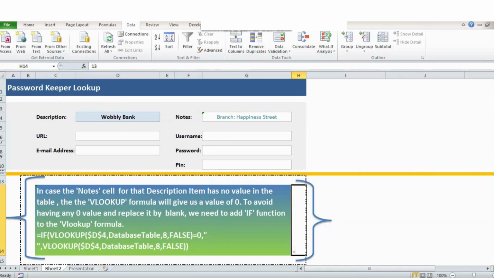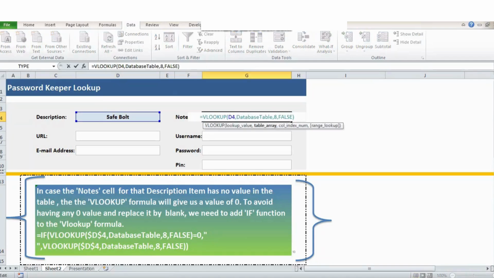Now the only challenge we can face is in case the notes cell for that description item has no value. For instance, if we choose save bolt, then we'll have it 0, and we need to replace this 0 by a blank. So to do this, it's better to add an IF function to the VLOOKUP formula. So we'll come here, we put equal IF function, and then we open parentheses,